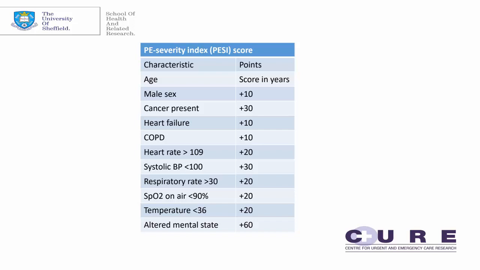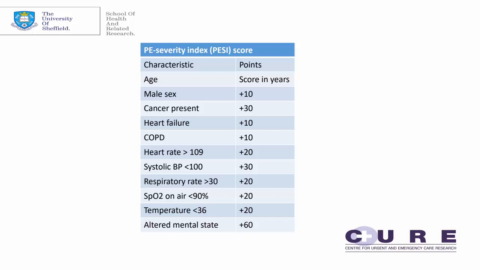But these are all things where you think, well, actually, is intensive treatment for their blood clot going to change their chance of dying when it's being driven by their age or having cancer or heart failure? Probably not. Probably, if they're not already having treatment for their cancer or their heart failure or their chronic lung disease, there's probably not much more we can do because hopefully they're already having good treatment for that. Whereas the lower ones